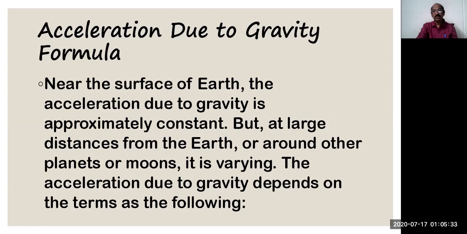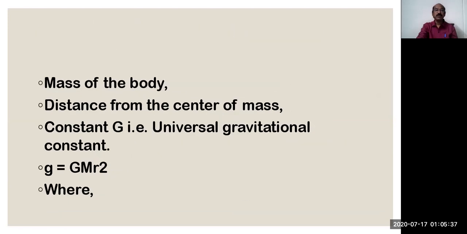The acceleration due to gravity depends on the following terms: mass of the body, distance from the center of mass, and the universal gravitational constant capital G. Then small g is equal to GM by r square,